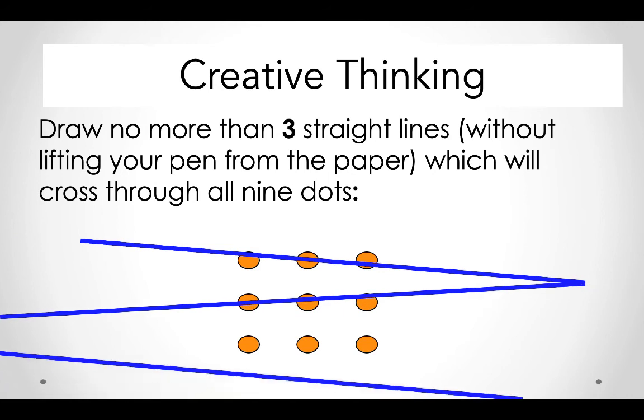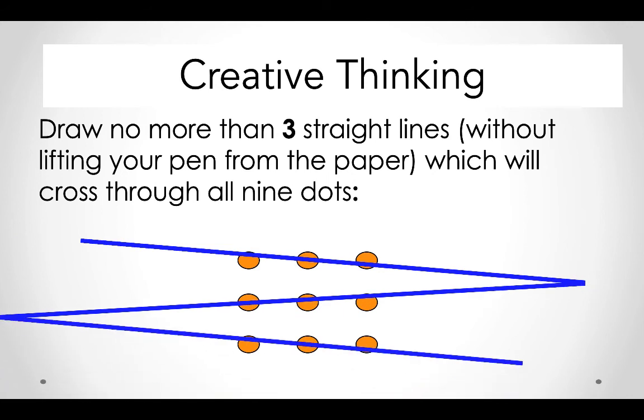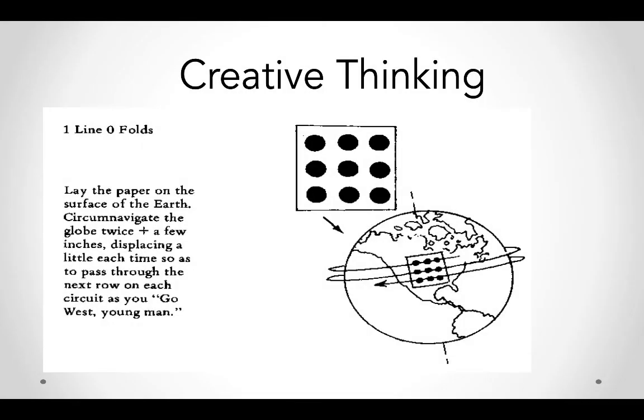Okay, it's one solution, right? So we can draw straight lines that are long enough that they can go through all 9 dots. Or you can go like this. You can lay the paper on the surface of the earth, so lay down on your floor and then go around the world with a line that goes and comes back again and again and goes through all the dots. No one has told you this is not possible. This was not the question. The only obstacle that you had in doing this was your own box.